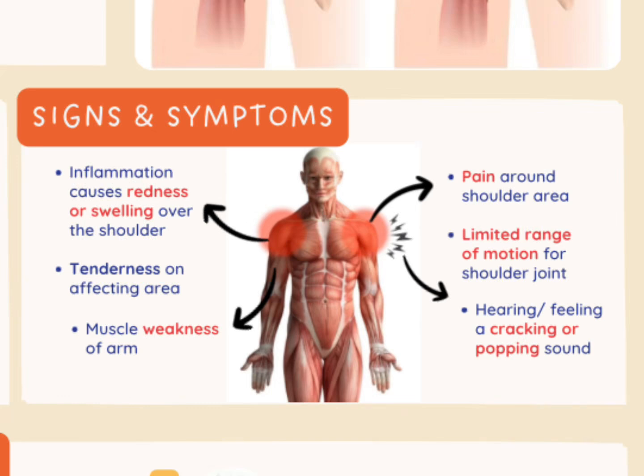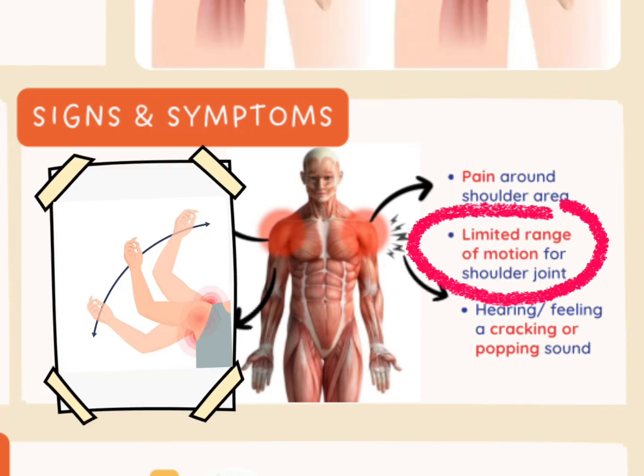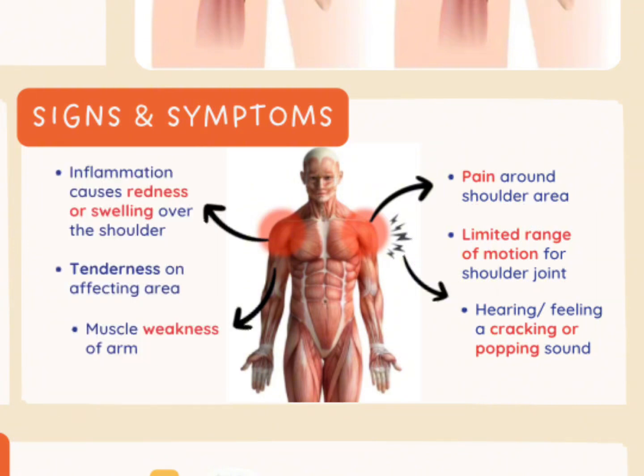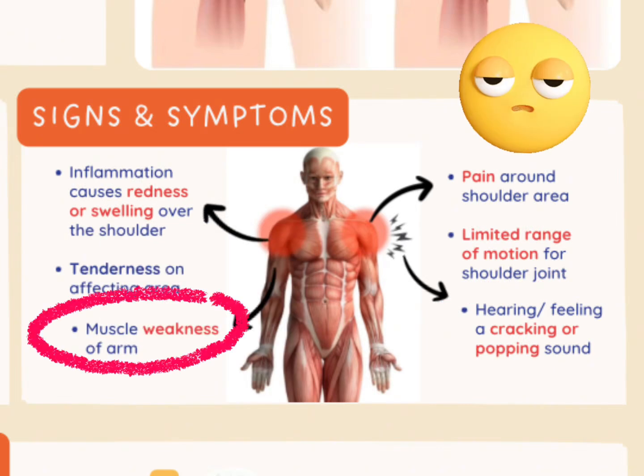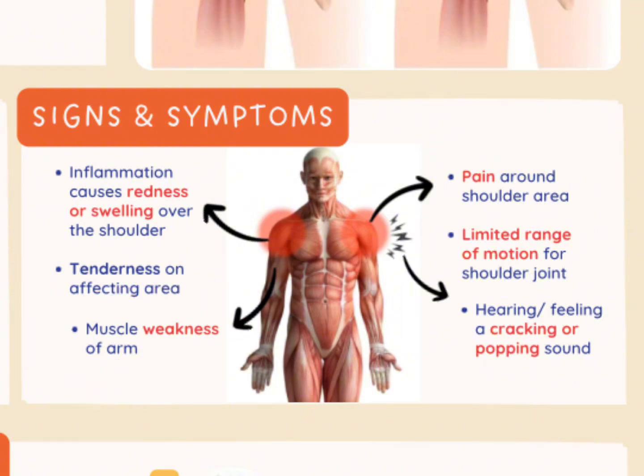This is characterized by a limited range of motion in the shoulder joint, making activities such as lifting or rotating the arm difficult. The fourth will be a cracking sound during movement, which we call crepitation. This occurs due to the tendon irritation or friction within the joint. The last will be muscle weakness resulting from the tendon's inability to efficiently transfer the force, further impairing the shoulder function. These signs collectively highlight the inflammatory and mechanical impact of rotator cuff tendinitis,